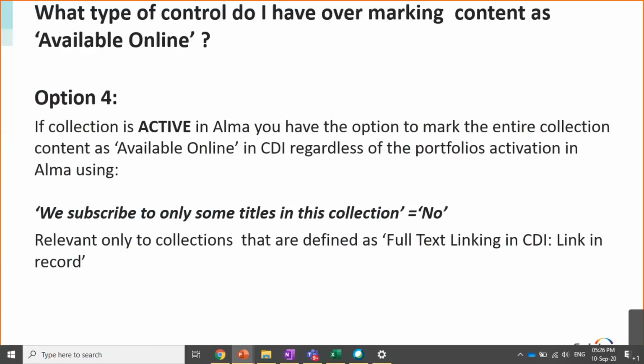And again, this is only relevant to collections that are defined as linking record, because if you don't have a portfolio active for that, then you would get a dead link. So it's very important that if you do check this or define this option, that you define it for collections that are linking record.